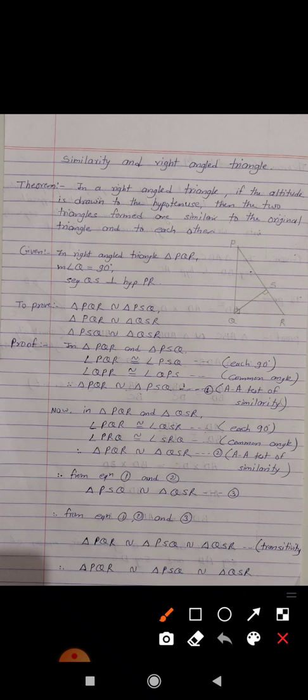So from equation 1 and 2, you can see that in equation 1 and 2, triangle PQR, it means in both equations the left hand side is the same, therefore their right hand side is also the same. So from equation 1 and 2 we get this equation 3. So from equations 1, 2 and 3 we can use the transitivity property. So therefore these three triangles are similar with this one by one correspondence. So our target, to prove these statements, is proved.